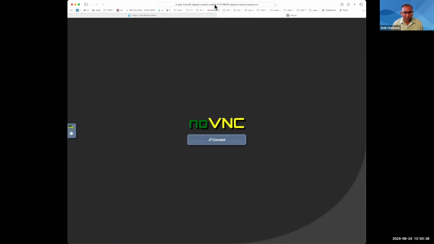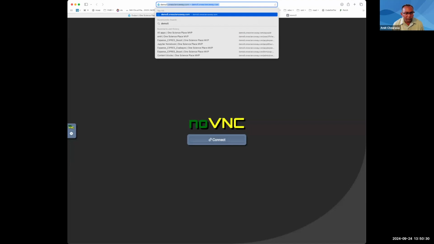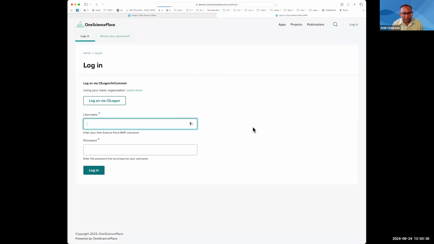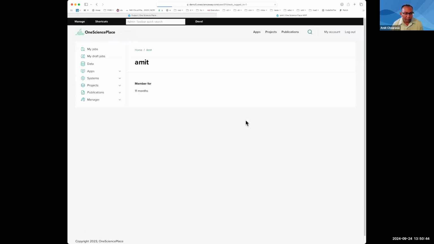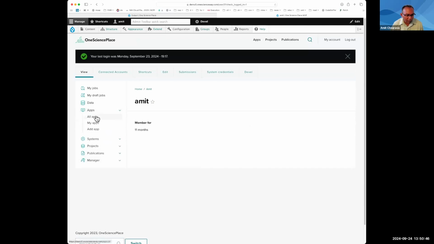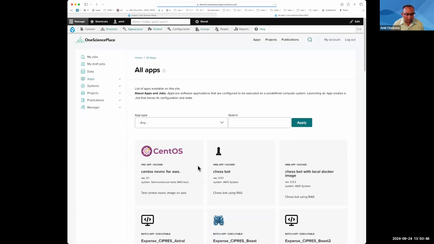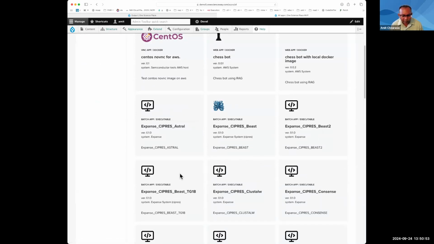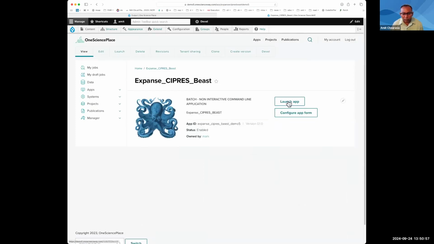But just to give you a flavor of these things in a little bit more real sense, we have another instance I'm going to log on to that we are using for migrating the Cypress gateway. I'm going to give you a flavor of a real application which runs on Expanse. And so here is a phylogenetic code which does some analysis of